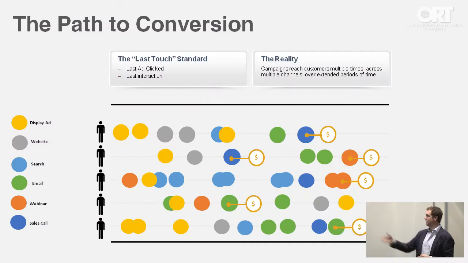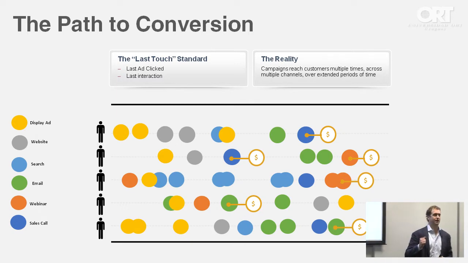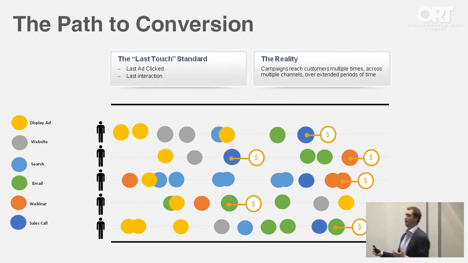And if it was close enough, you would give that all of the credit. And when we say all of the credit, that means if this person spent $100, we would say, okay, this ad was worth $100. It generated $100 return on investment. The reality in the sort of mid-2000s, kind of the modern era,